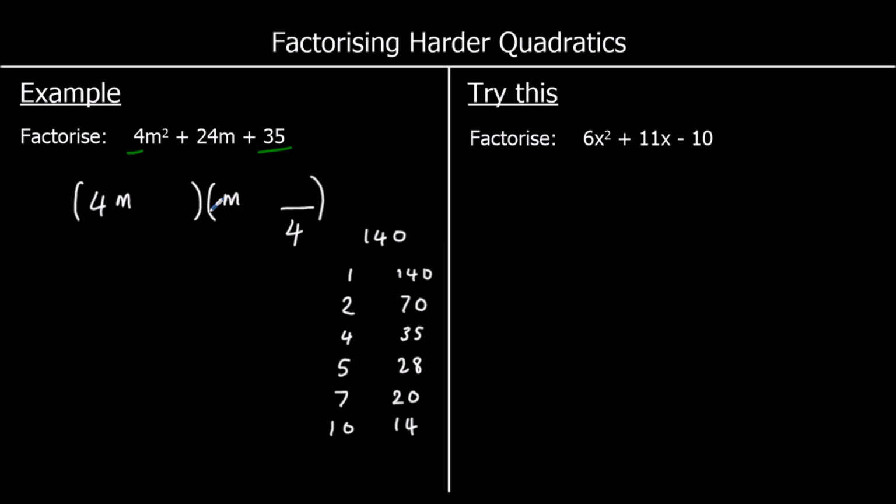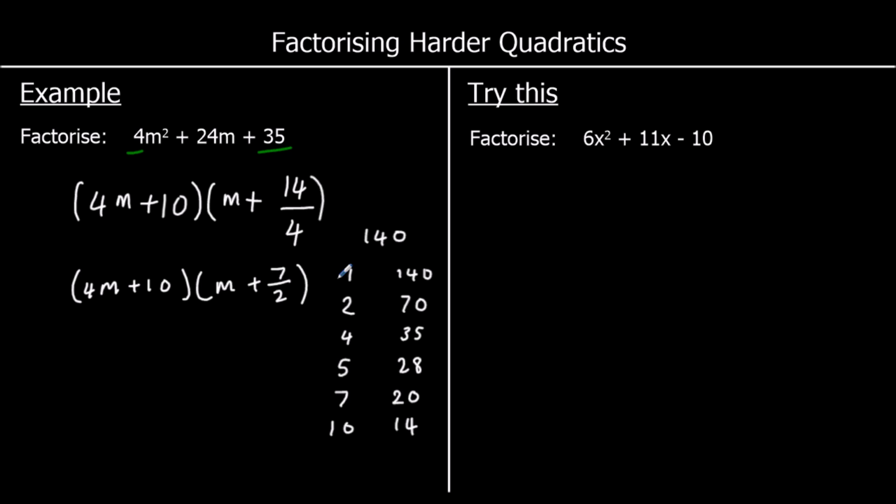So 10 times 14, and they're both positive, but you'll see neither of those is in the 4 times table. So I'm going to put 10 and 14. It doesn't matter which way round I do it, both positive, because neither are in the 4 times table this time. So I've got 4m plus 10 and m plus 14 over 4 is the same as 7 over 2. So I could leave it like that,